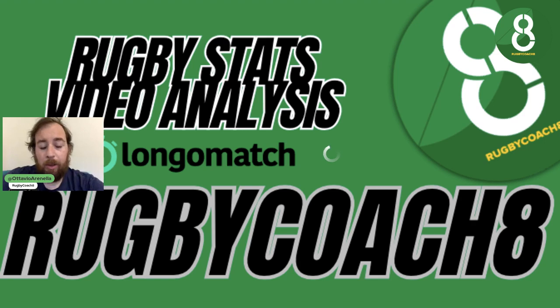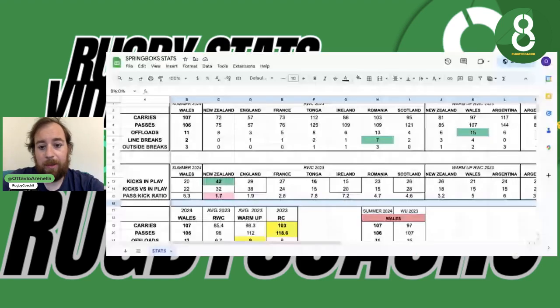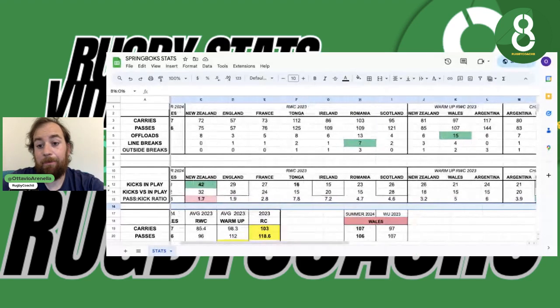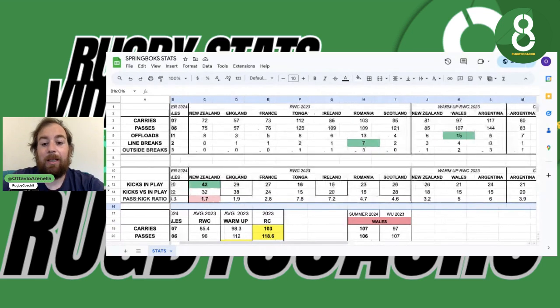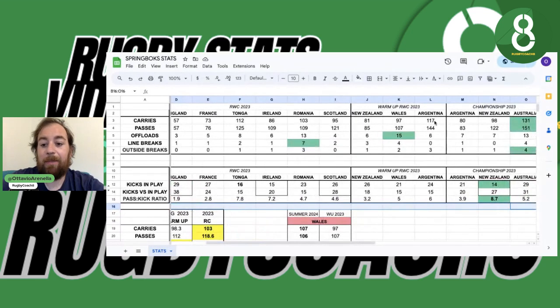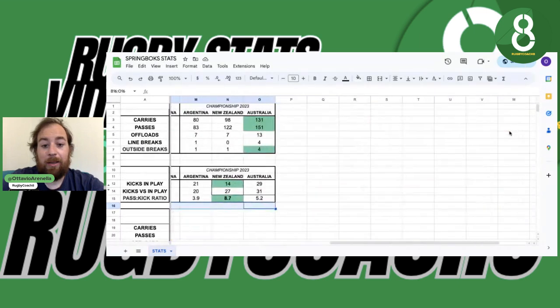I'm gonna share with you now some other information because I think it can be really interesting to see, for example, how the stats go for every game, because this can give us some insight into the work of the Springboks. And it's interesting because the best games for passes and carries in the last 2 years were the first game against Australia. Here we go, with